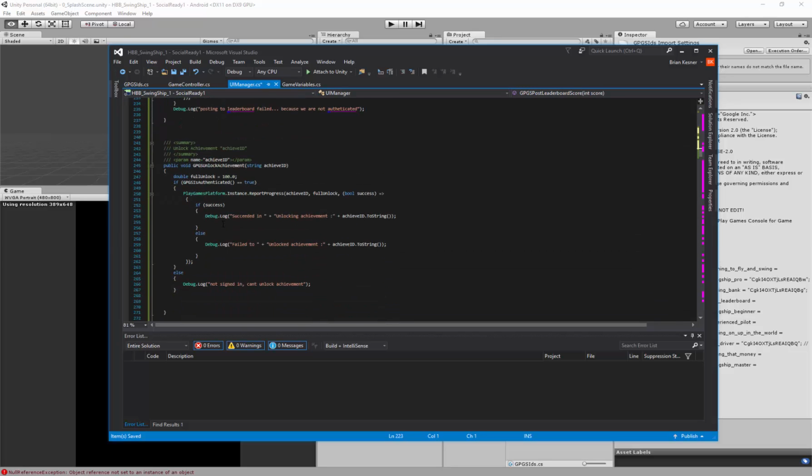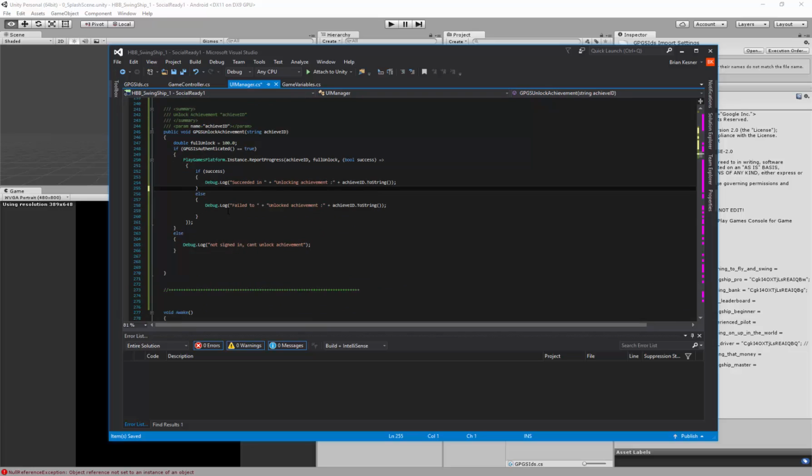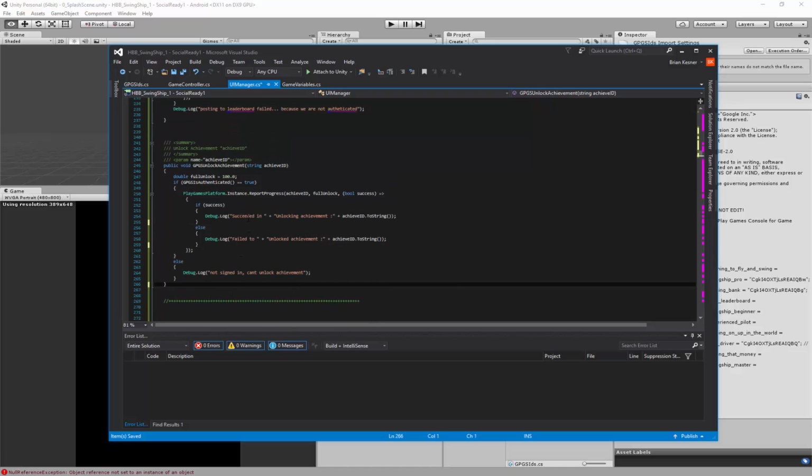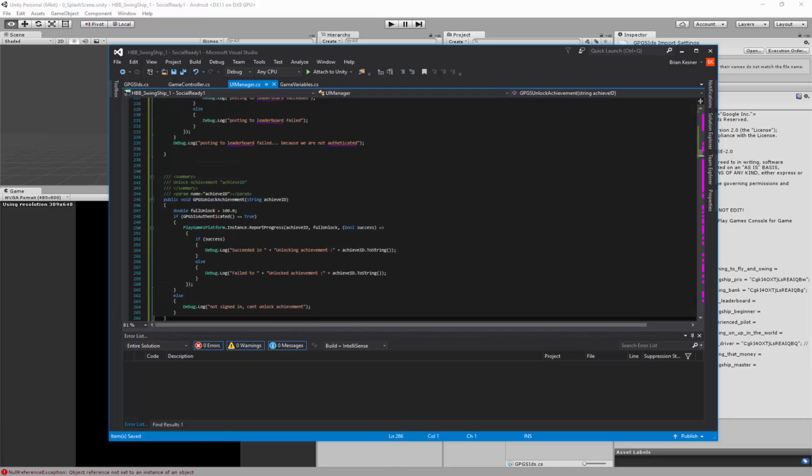This is pretty close to just the default example setup too. If you look at the GitHub page, the setup instructions,